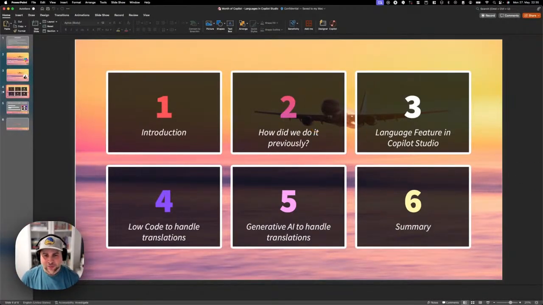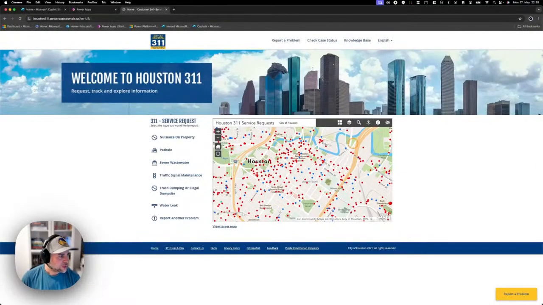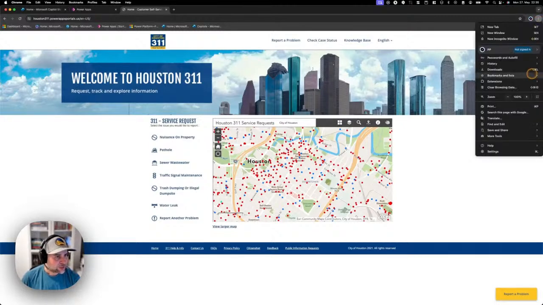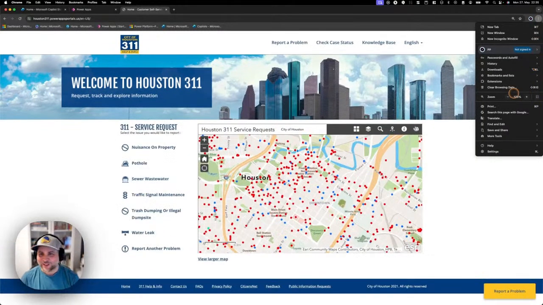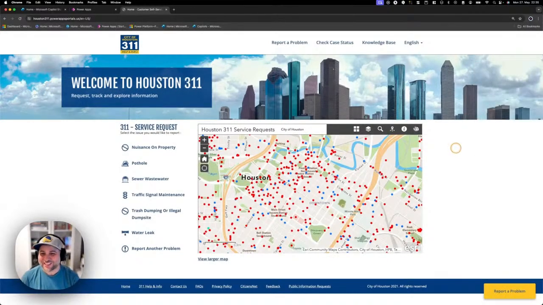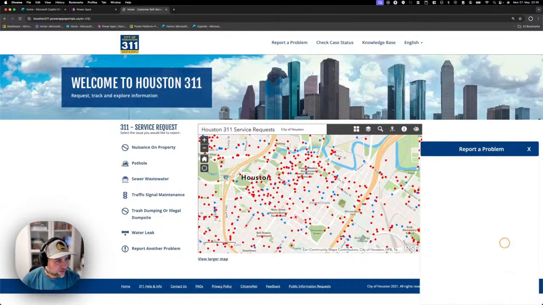Let me open an example here, and let me make it a little bit bigger, especially since I'm an old guy and I need bigger screens if I don't use glasses. This is a live page where we have the traditional PVA. If you click at the bottom on report a problem, then you see